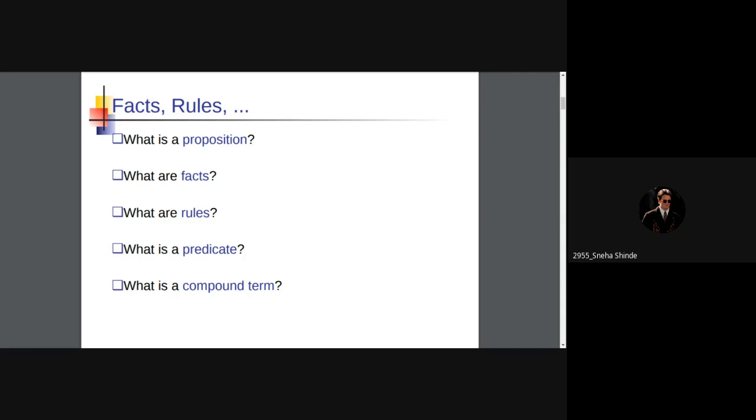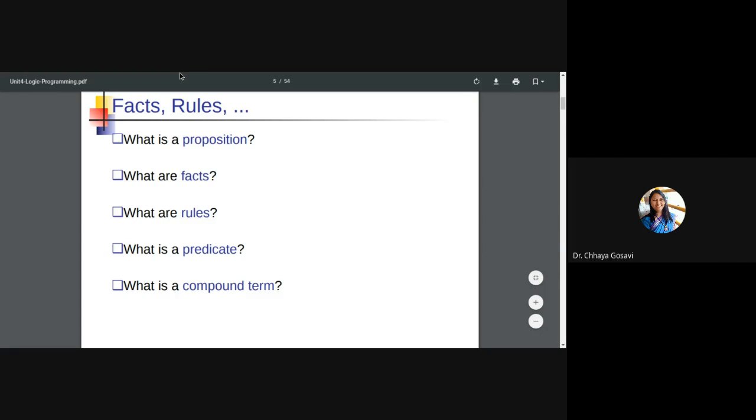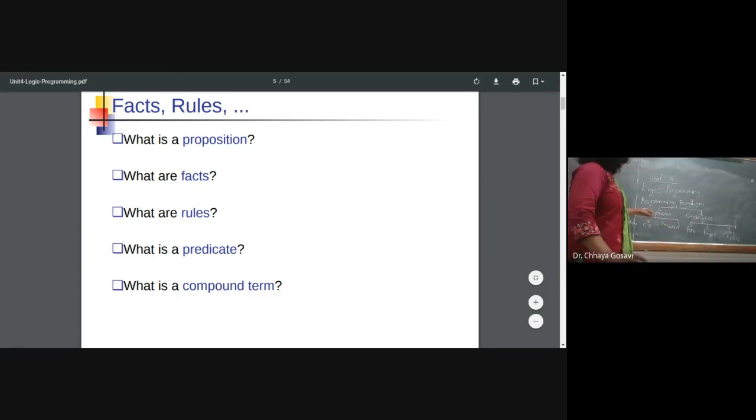Excuse me, ma'am. Yes. Ma'am, are you showing something on the board? I'm explaining to you what is the difference between imperative and declarative programming. Is it visible? Is the board visible, girls?